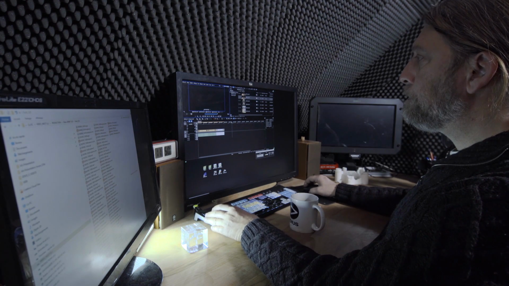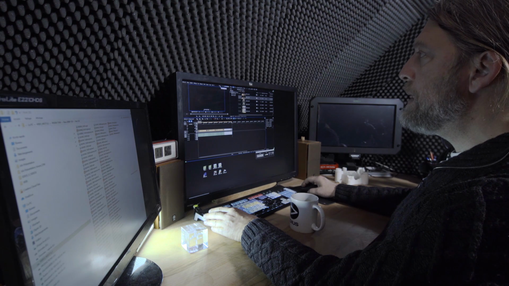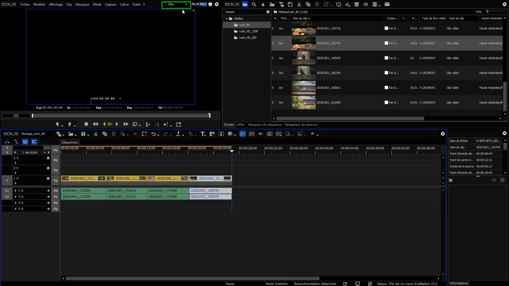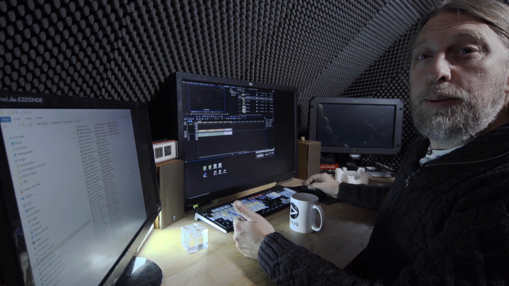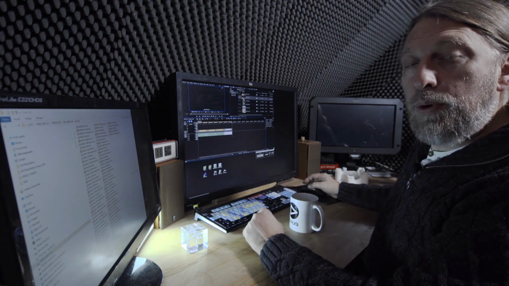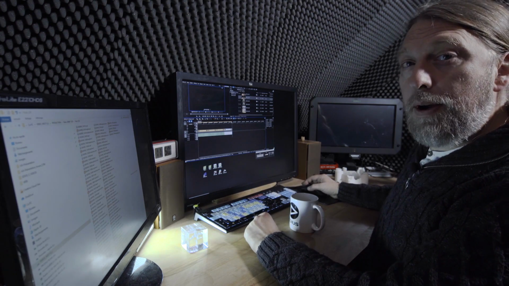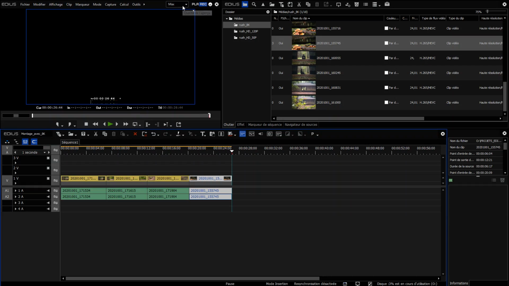We have several options. The first thing I can do is to have a look at the draft mode. And this is new. This is something new for owners of the Edius 10 Pro version. Since version 9, this option was only available for work group users. The draft mode allows us to reduce the quality of the video preview so the processor and RAM have less to process.